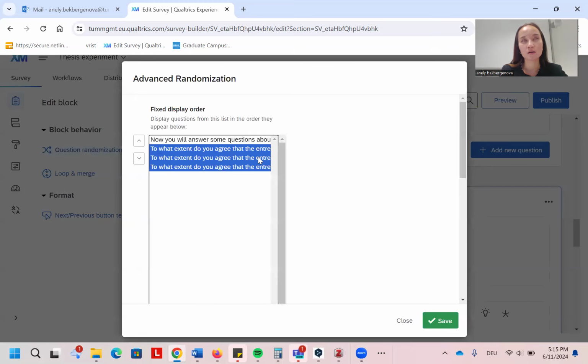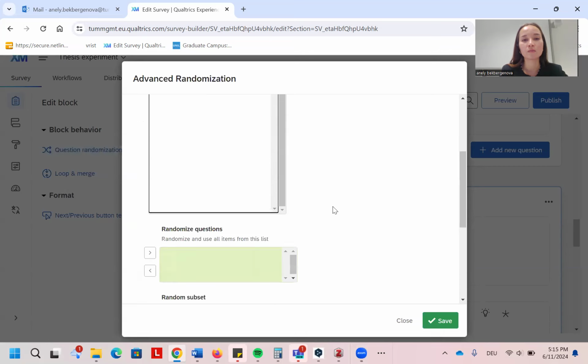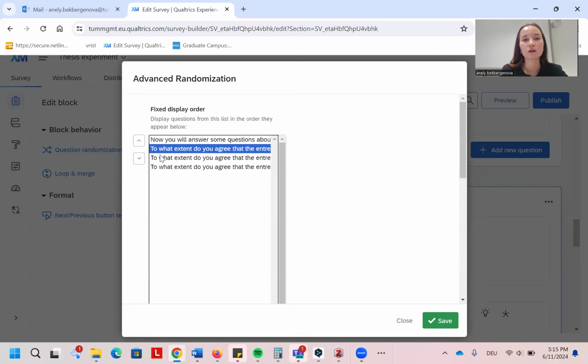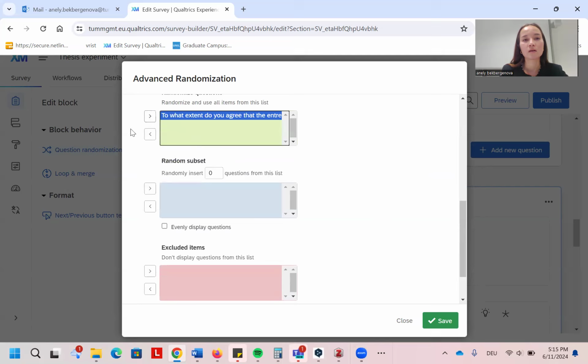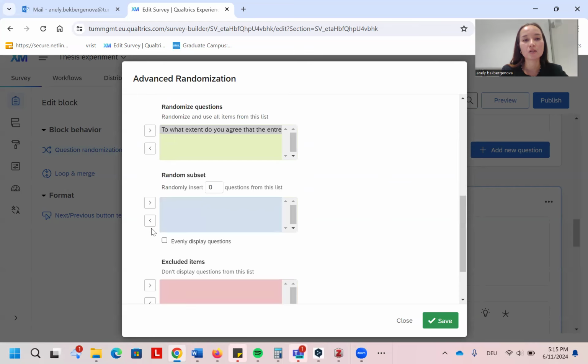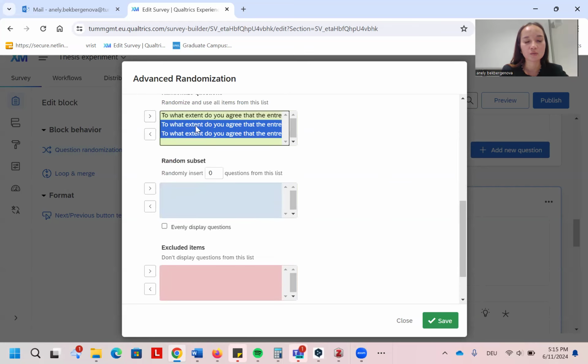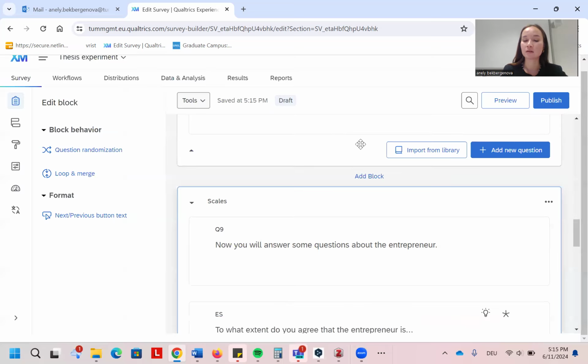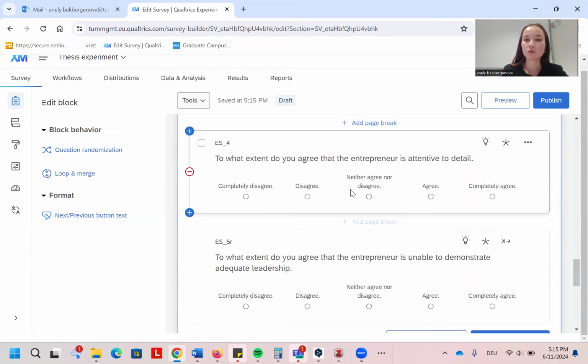However, the questions that follow, I want them to be randomized. So I'm going to take these and I will put them here, randomize, and use. Okay, how do I do this now? Oh, there we go. So I actually have to select these questions and I add them to randomize the questions. So now, okay, great. I save this measure, and that means that now these questions will be displayed in random